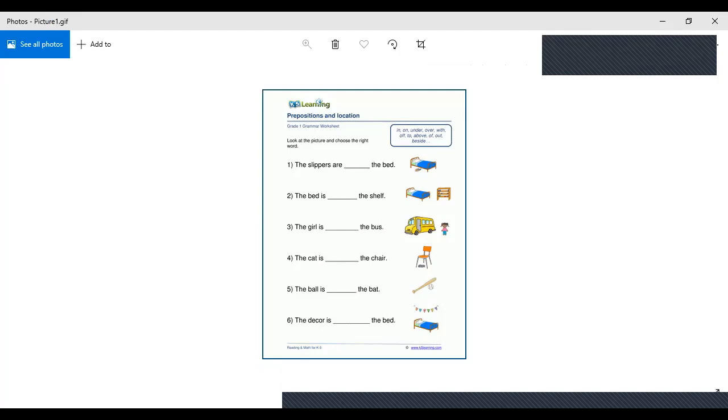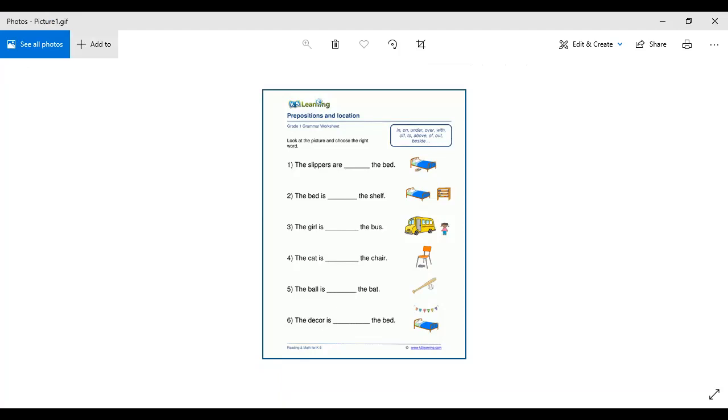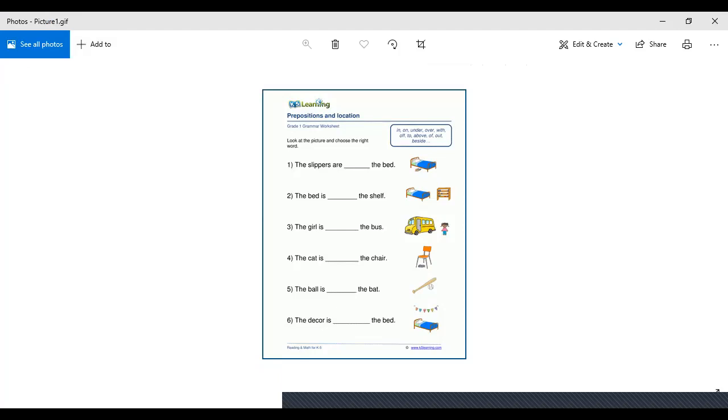Look at this, prepositions and locations. Now there are some sentences given, and with them the pictures are also given. You are supposed to tell about the prepositions, and they have also given you the prepositions in the box over here, and you are supposed to choose the words from here. Okay,